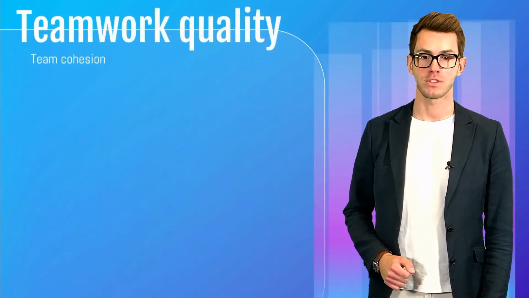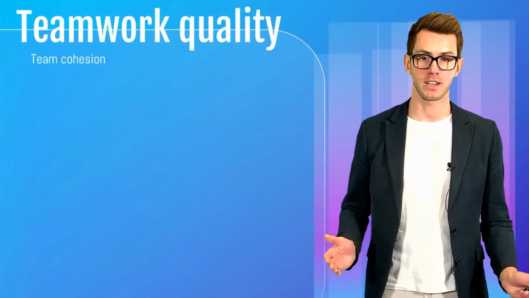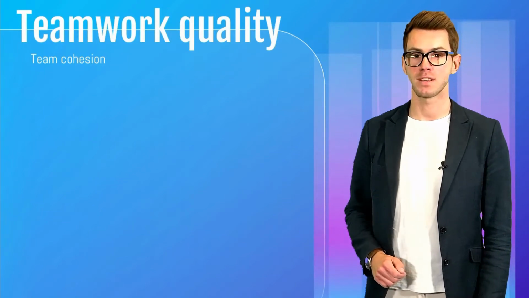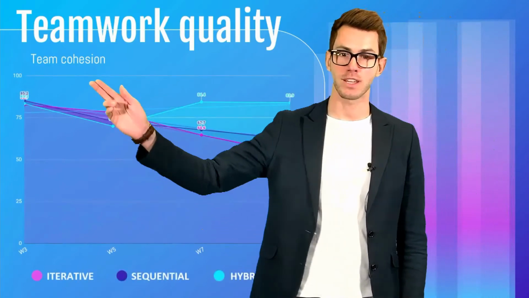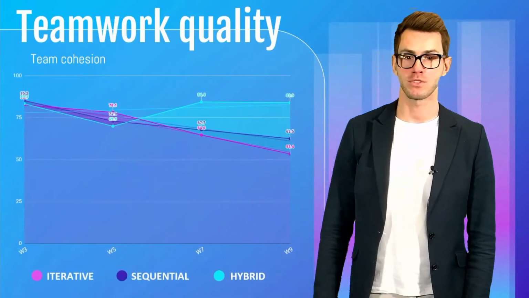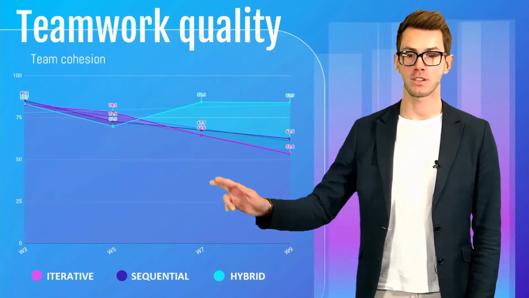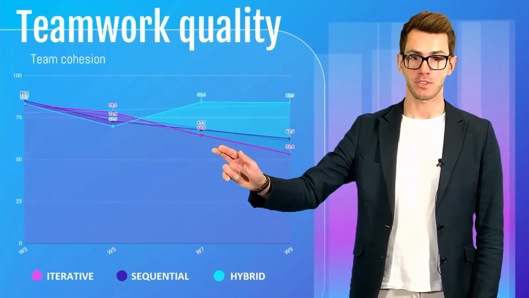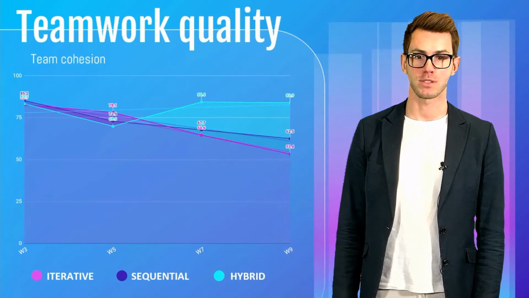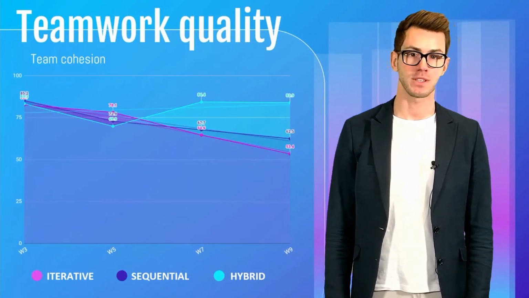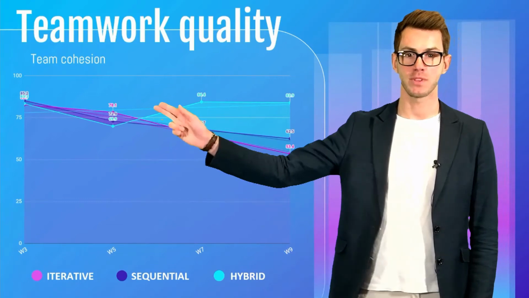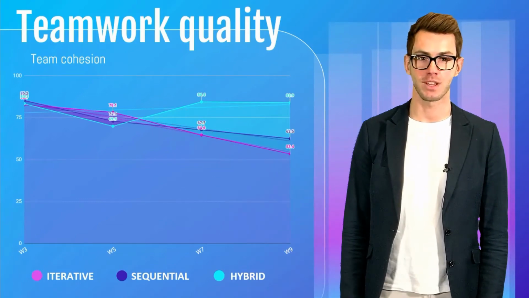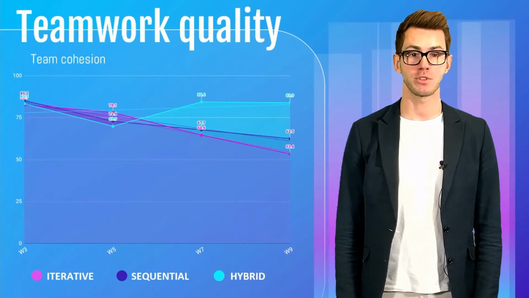Data on team cohesion was regrouped into positive and negative impressions, and represented as a function of course progression. All teams started off with around 83% positive perception of team cohesion, then the metric gradually degrades for the iterative and sequential approaches. On average, hybrid teams exhibited the highest level of teamwork quality, despite a sharp dip at the end of the first iteration. For more analysis on this aspect, please refer to our paper.